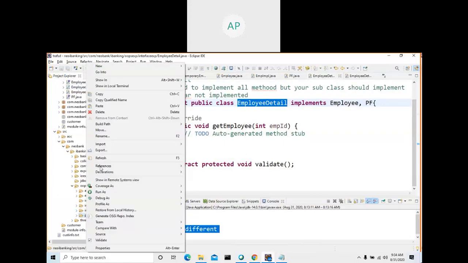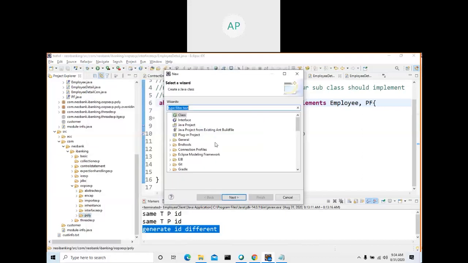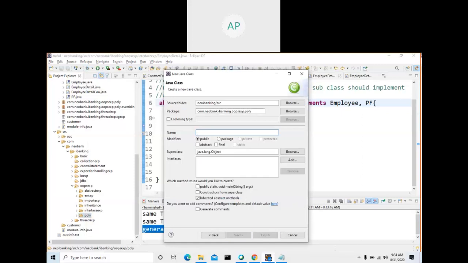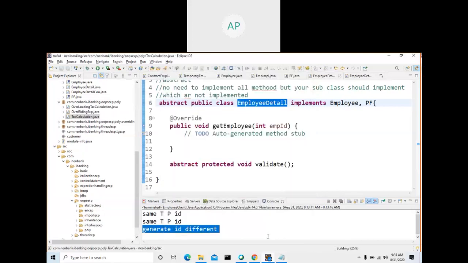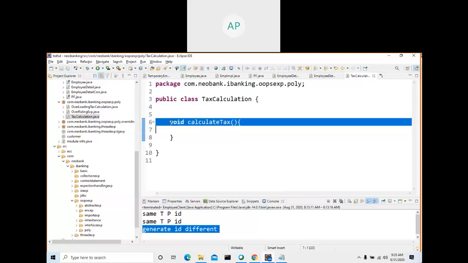Let me create one class with the name tax calculation. Inside it, we create a method with the name calculate tax, void. See, let me create another method with the same name.